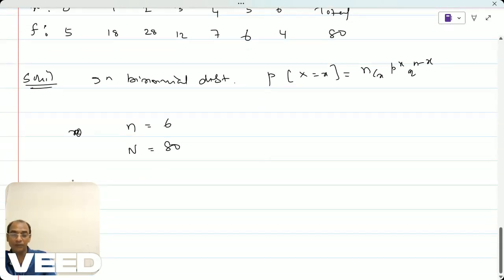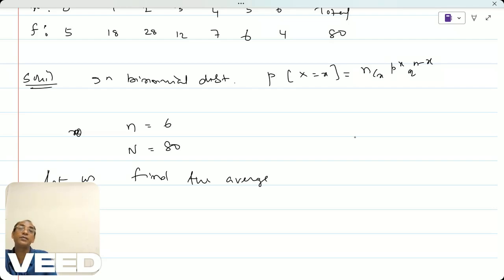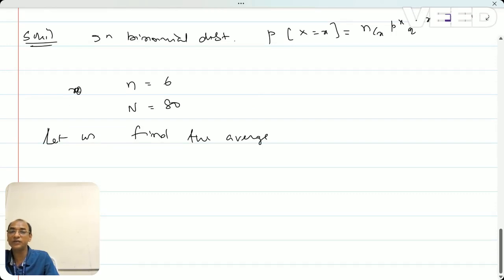So now I will find the average frequency. For finding the average, and that average I will take as the mean in the binomial distribution, and since I know n, I am able to calculate p. So how can we calculate the average? Here you see,